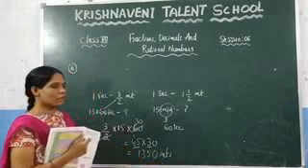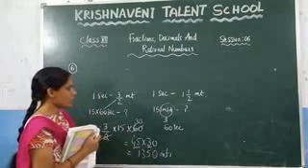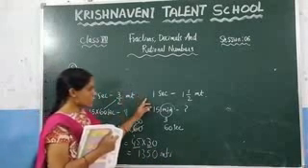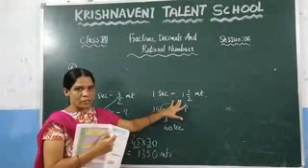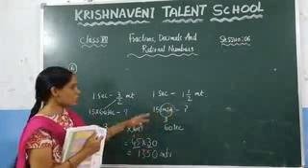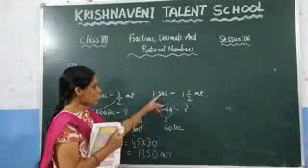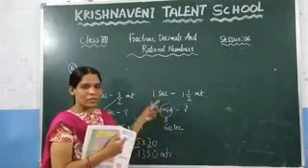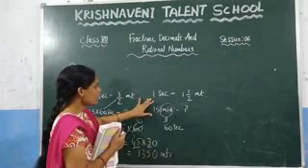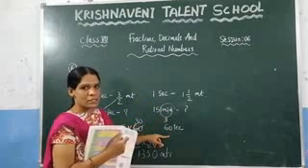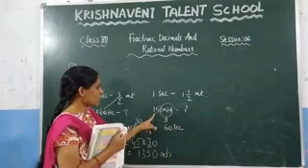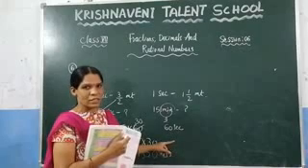This is the question they have given. Again, what they have given: Raju walks in 1 second a distance of 1.5 meters. In the question they asked how much distance he walked in 15 minutes. So here, since the units are not the same, first you need to convert the units. You know that 1 minute is nothing but 60 seconds. So you can write 15 minutes as 15 into 60 seconds.